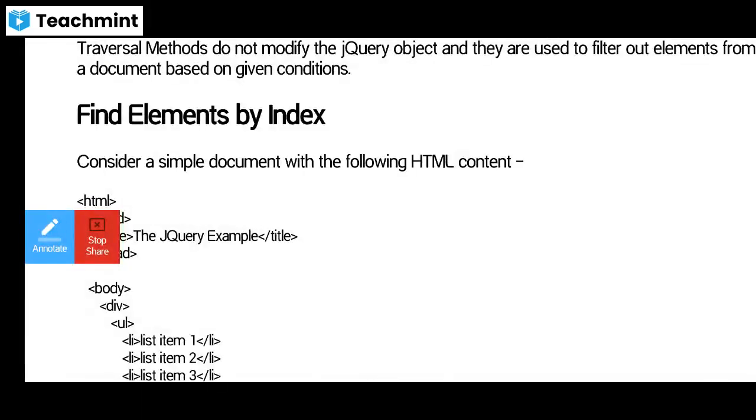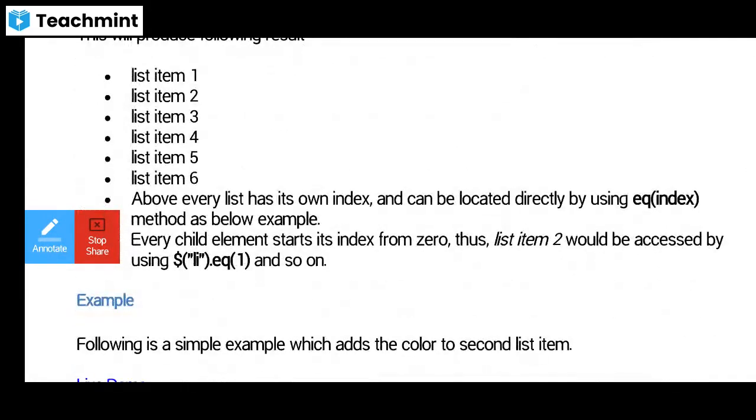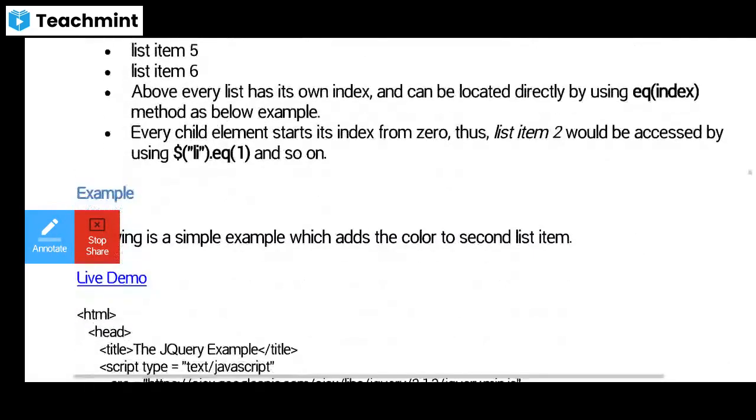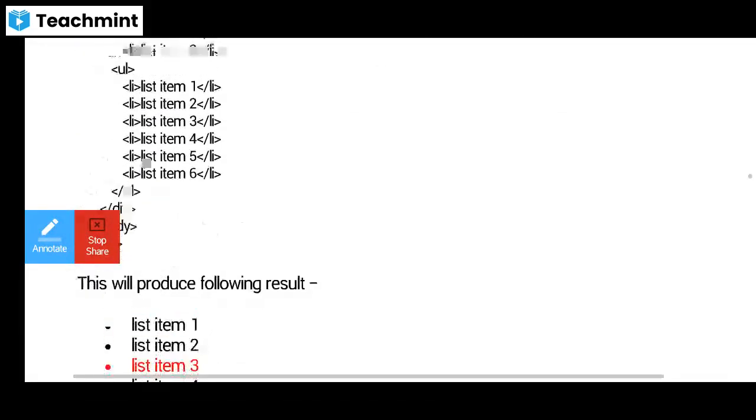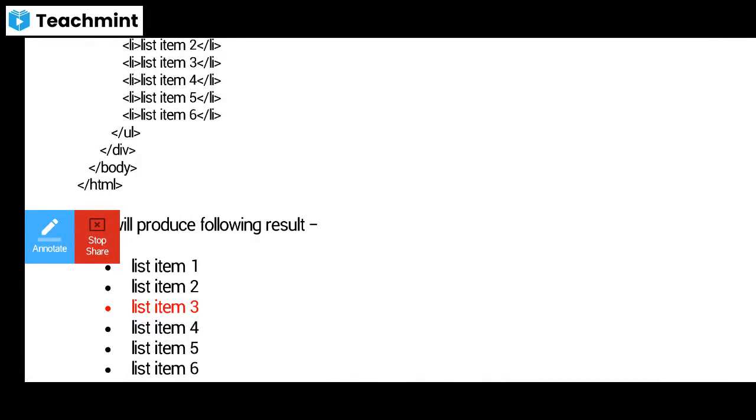So first of all, we considered a simple document, and after that, by using the equivalence method, we went through the particular program, and we have the particular output, and we executed this particular program also. So this is the output. So in the next class, we will discuss the next topic. Okay.